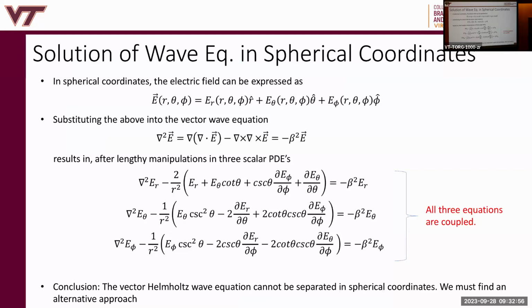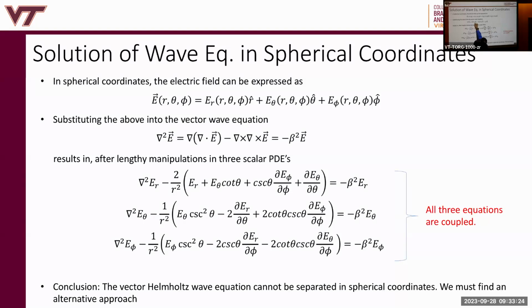All right, spherical coordinates is one of the most often or popular used coordinate systems because whenever we solve radiation problems due to current sources, if we're far away from the current source, which is called the far field, then no matter how big the antenna is, it looks like a point, right? So it radiates in a spherical way. Okay, so in spherical coordinates, the electric field can be expressed in the following way. We have a vector function of 3 variables, r, theta, and phi.